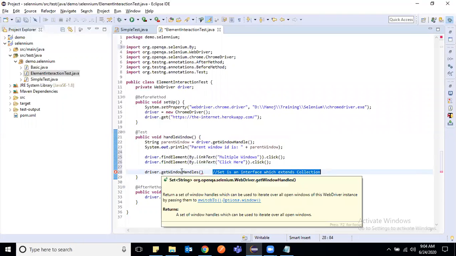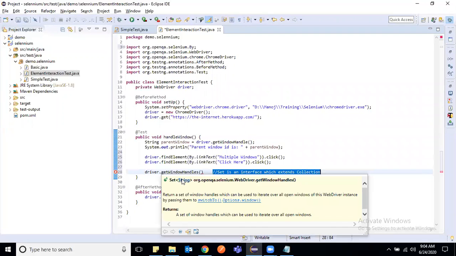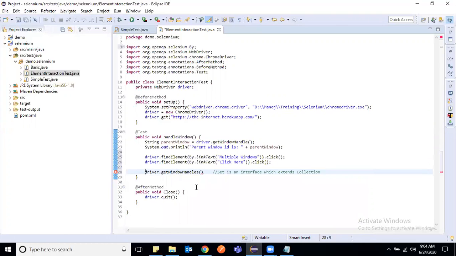To store the window handles, because it returns a set of string, we will use a Set of String, and I would say window handles.